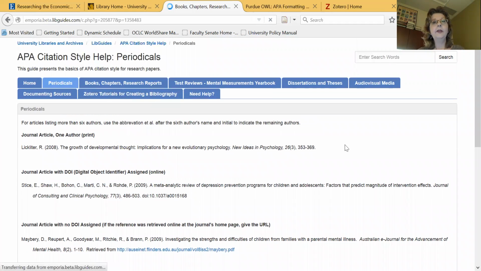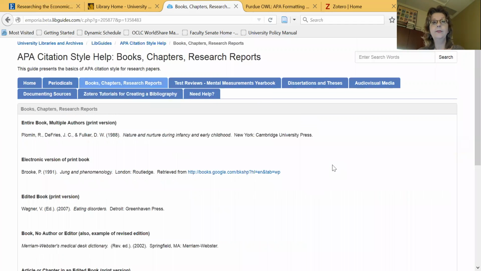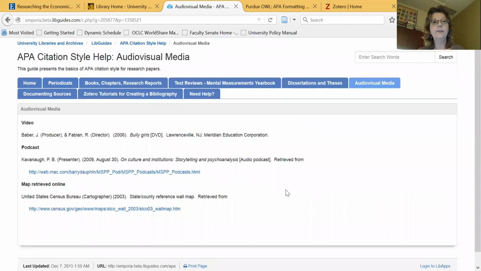I've also given you some samples for books and book chapters, as well as samples for dissertations and theses, audiovisual media, such as videos or podcasts, and so forth. Again, this is not definitive, but this is one way that you can double-check some of those citations that you might find from the citation tools in the database and then do some updates. But again, always go back to the print publication manual of the American Psychological Association for any definitive answers to